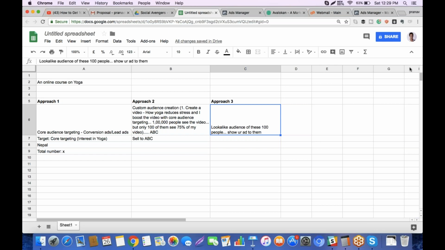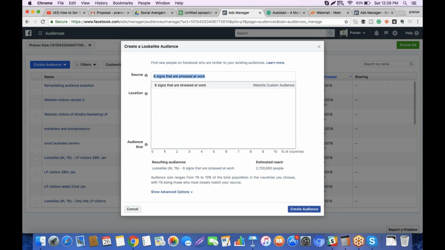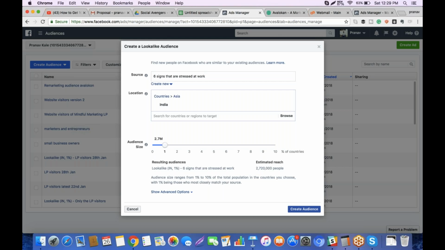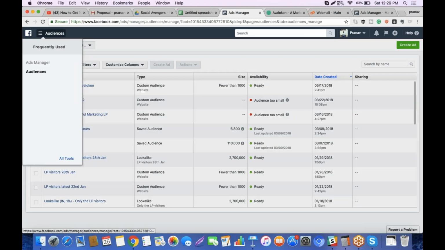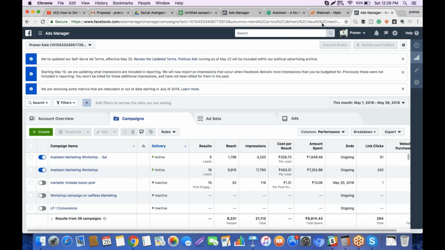So what would be the reach when you create a lookalike of 100? That reach will be dependent on this. Okay, so see, let's say you create a lookalike of 100. In this case, the reach is 2.7 million, but that is all over India. So let's say if you create an audience, let's call it ABC. Now what happens is that when you go to this ad dashboard, and let's say you create a new ad,